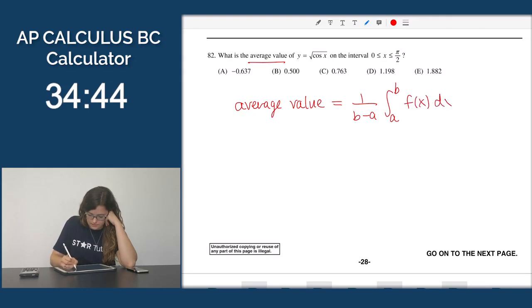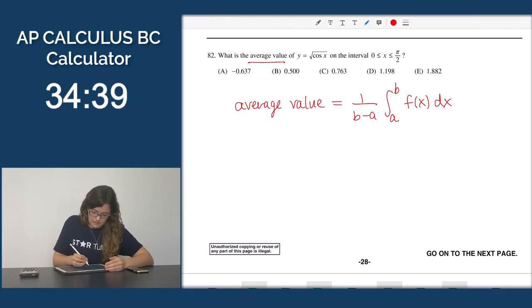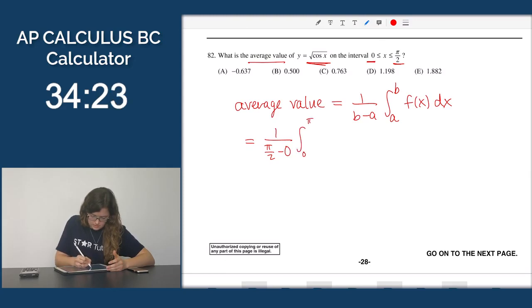So this is the average value of the function f on the interval a to b. Here I have a is 0 and b is pi over 2, and my f of x is my y, the square root of cosine of x. So I'm trying to find 1 over pi over 2 minus 0, times the integral from 0 to pi over 2 of the square root of cosine of x